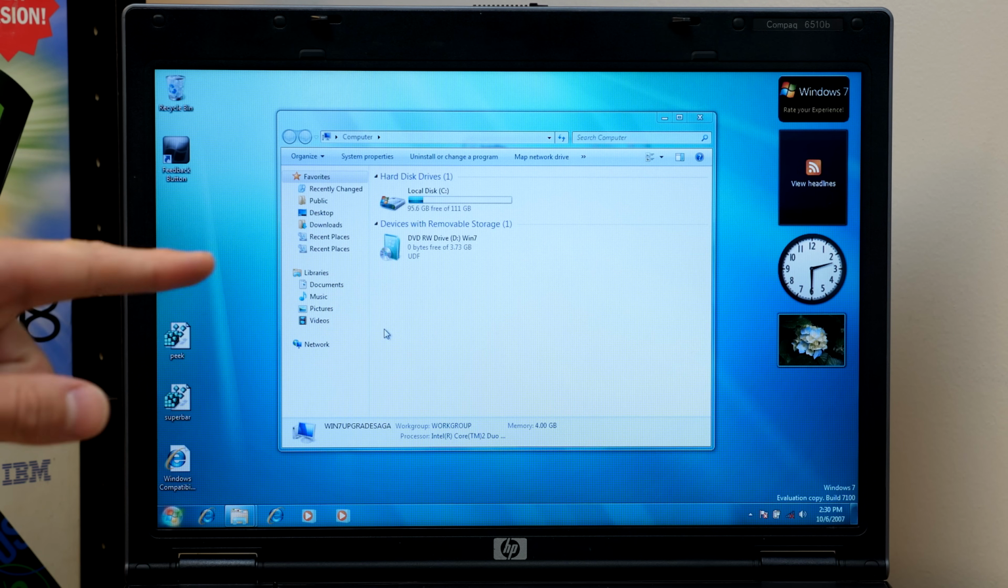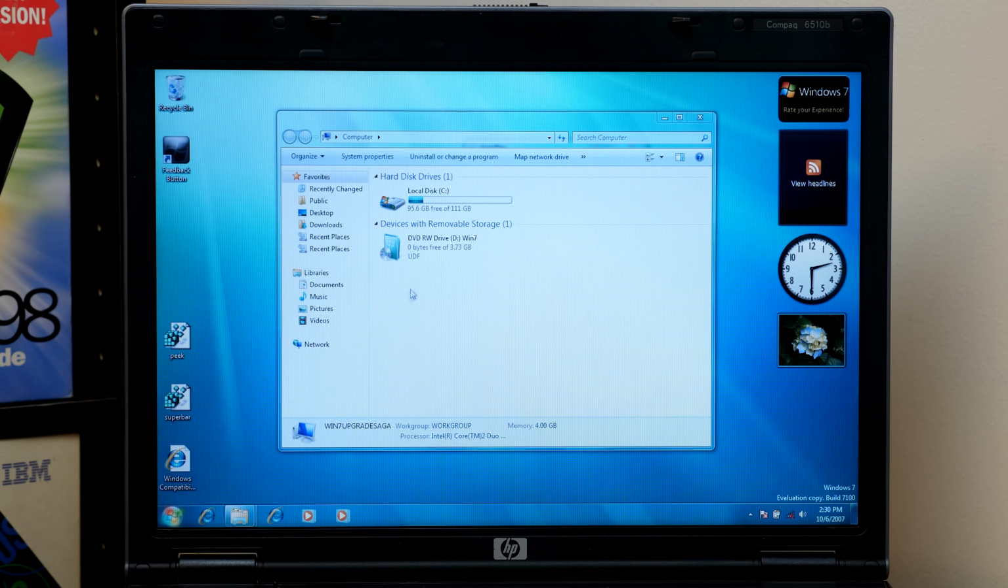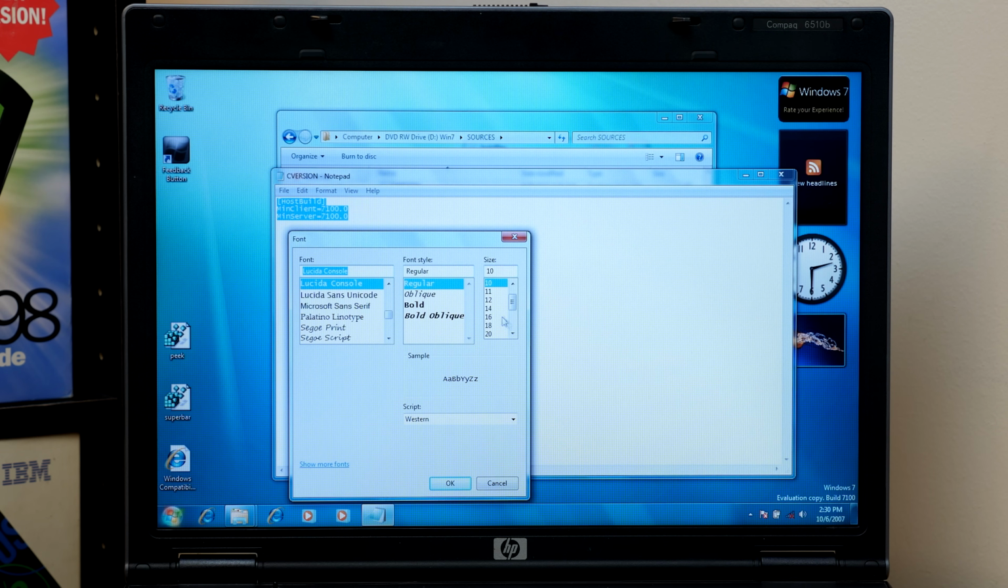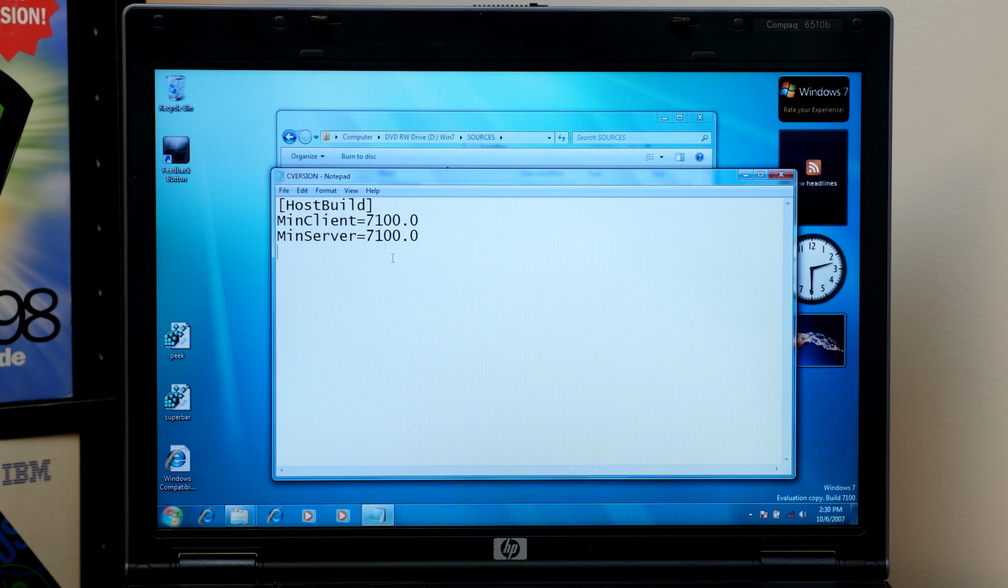But I did have to modify this CD as well because we have the same thing going on with that cversion.ini file in the sources folder. So we'll open this up here and I'll show you that again. You can see that I have changed the minimum client version string to say 7100. Now, min server was already 7100, which I find interesting how Microsoft evidently did not change this, but they had